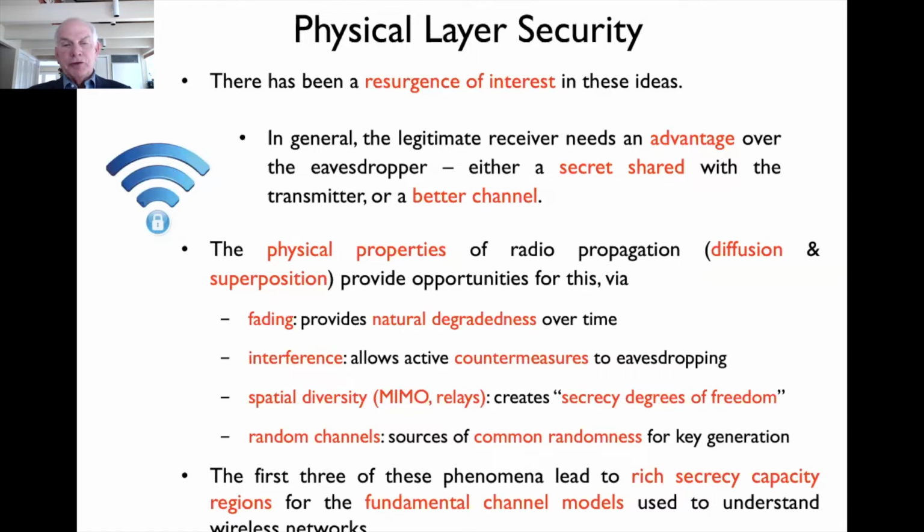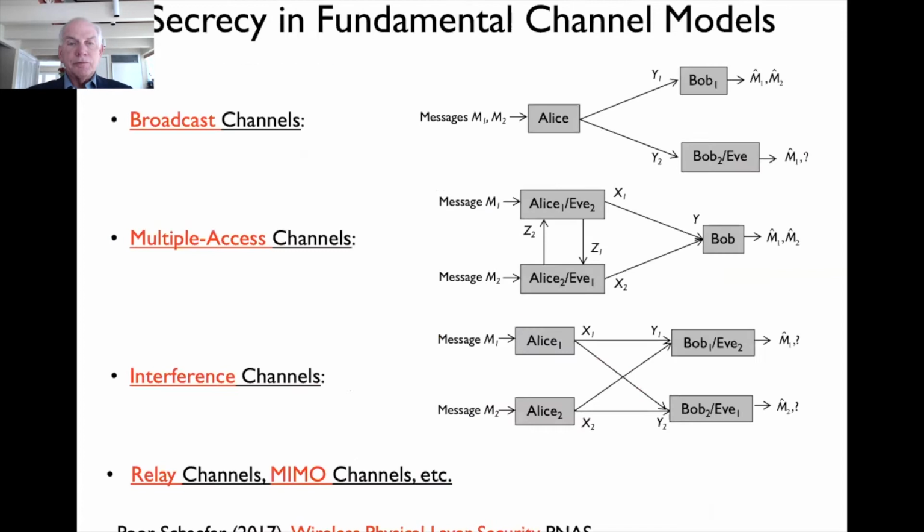I'm just going to focus on this first phenomenon, that is, how you can take advantage of fading, but all of these are things that have been studied in some depth. So let me just mention briefly a couple of things, and then I'll go into a specific example. Of course, wireless networks are like organic molecules. They're made up of all these smaller networks, just as organic molecules are made up of a lot of smaller organic molecules, the bonds.